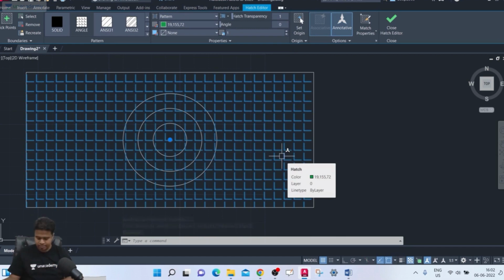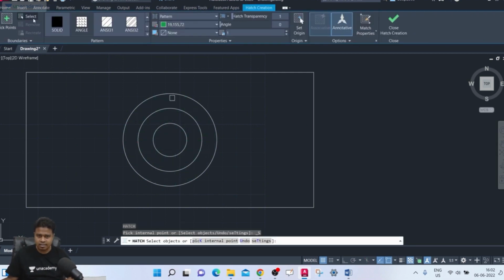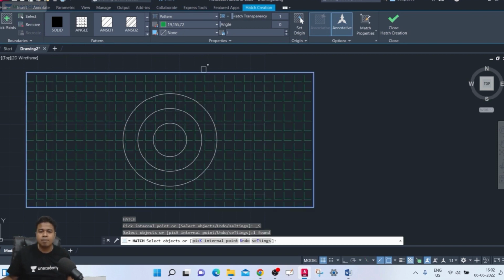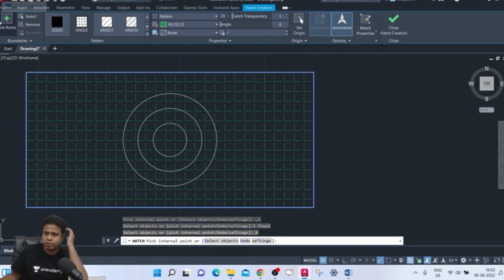Let me delete this. So go to hatch. If I select this, go to select option. And if I select this as my boundary, see, it will not detect any island, nothing. It will create hatch everywhere. Even if you select this normal island detection, nothing will happen. But if I go to pick point and select here,